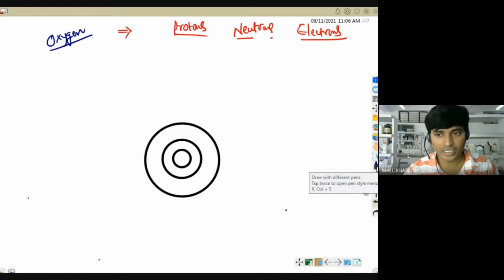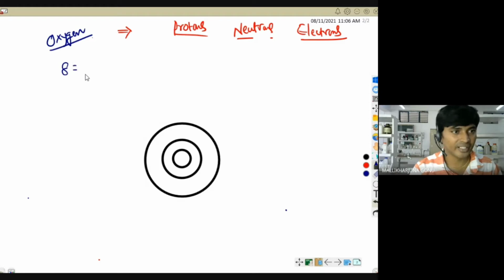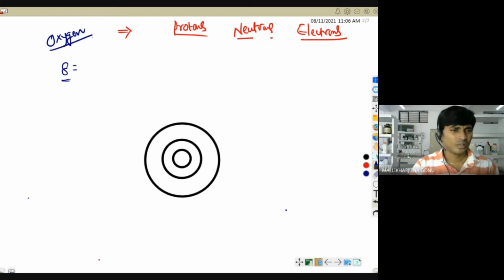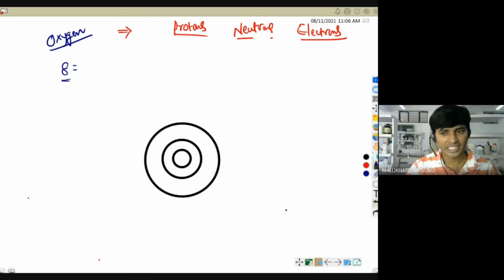What is the atomic number of oxygen, Vaishali? Sir, 8. So how to write the electronic configuration of this one? No, mute yourself. That 1s2, 2s2, that we will study later. Yes, Sanjana? Sir, 2,6. Okay, those things we will come to later while we study the structure of the atom. First you try to understand here: the atomic number of oxygen is 8. So in the first shell 2 will be there, in the second shell 6 will be there. That's how you have to fill.